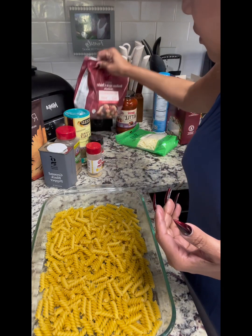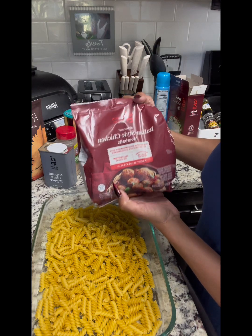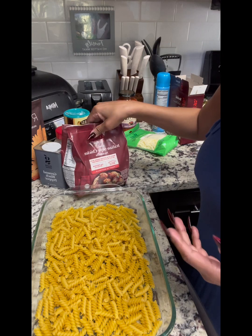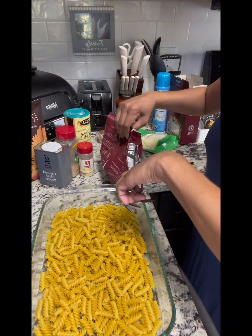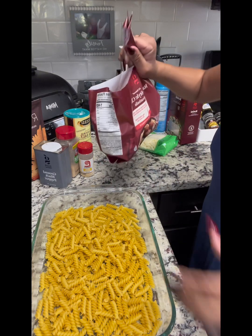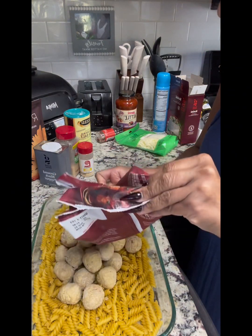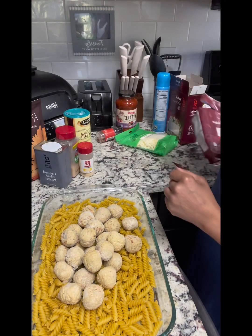So we're gonna go next with the Italian style chicken meatballs. Very good. You can also use the beef ones. It just depends on what your palate says. I don't know, but it's very good. Get my scissors. And so we're just gonna put the whole bag of meatballs on there. This is so easy and quick. Like I said, it's super good. A lot of protein, everything's really good. So next,